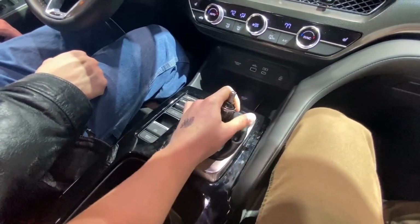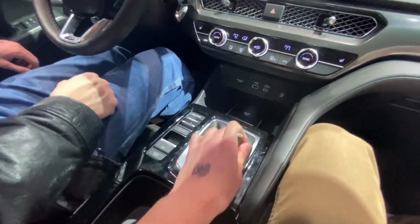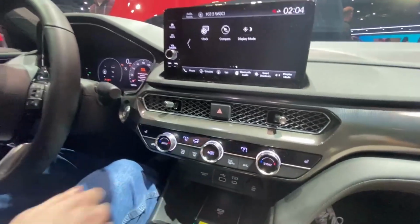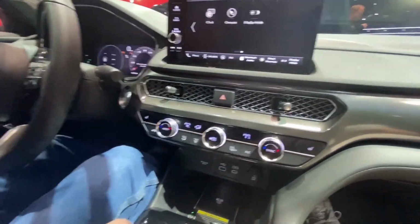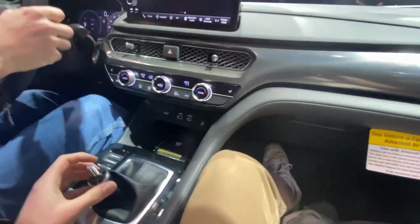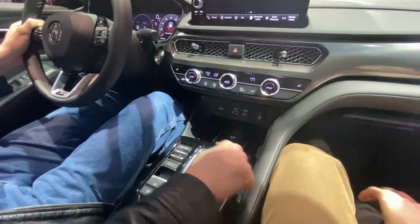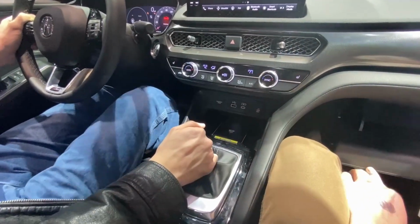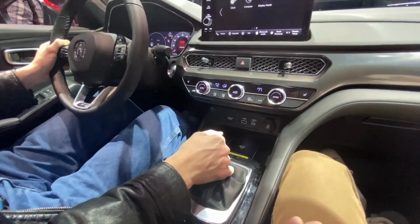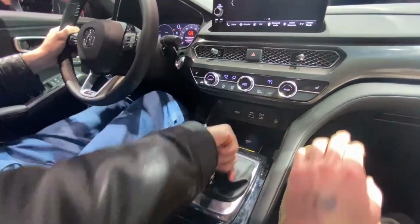It brought some neat characteristics to the table. Normally, I would say Honda's pretty hard to beat in the transmission game. Very few companies really come close. Honda has a very unique feel to their transmissions, and some days I love it, and some days I'm not the biggest fan. I tend to describe it as kind of toyish. If you go back and look at my video that I did about the 2020 Auto Show, the Si and the Type R both had this to different degrees, and every Honda clutch I've ever felt has